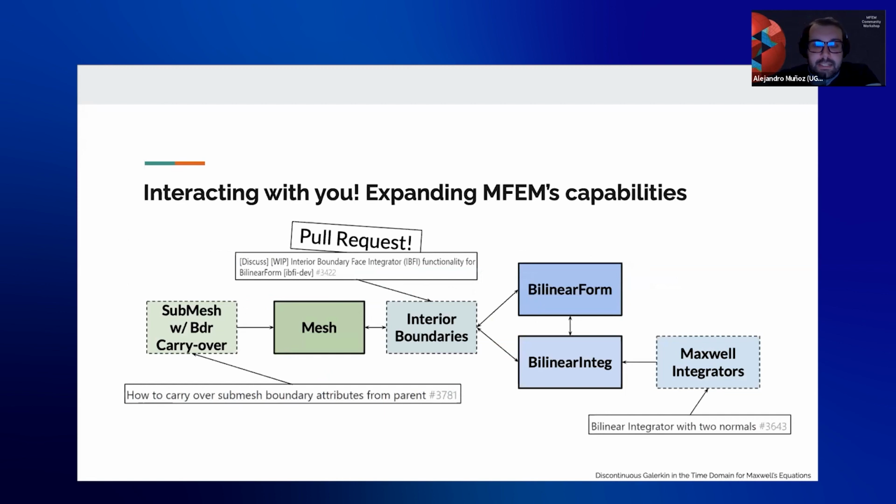And then what you can see on dashed lines are things that we have needed to implement in order to have a functioning Maxwell equation solver on this discontinuous Galerkin time domain, with the key thing that we needed to be explicit. So as you can see, we had to implement a submeshing method that includes boundary carryover on all dimensions. We had to implement those interior boundaries, and we also had to implement the Maxwell integrators, as we have previously discussed, and also other types of integrators.